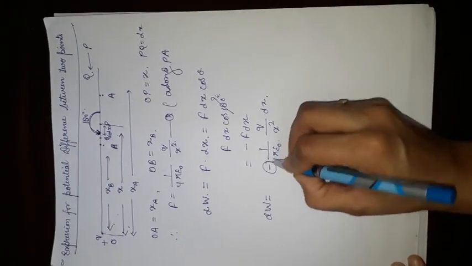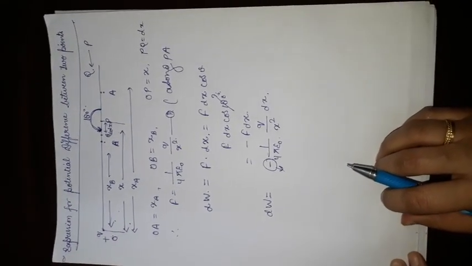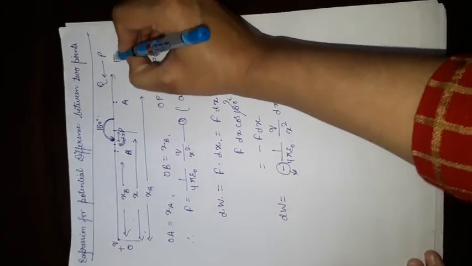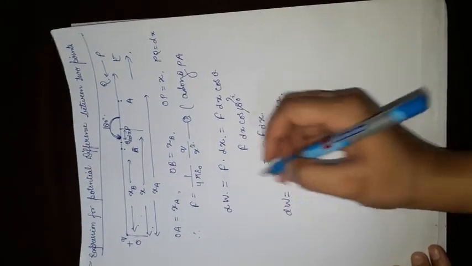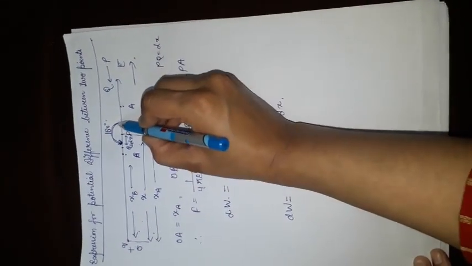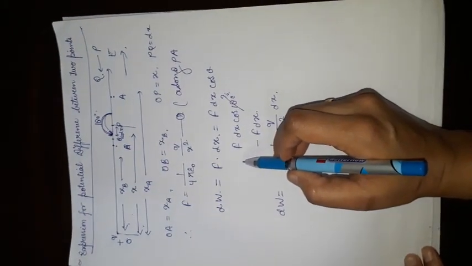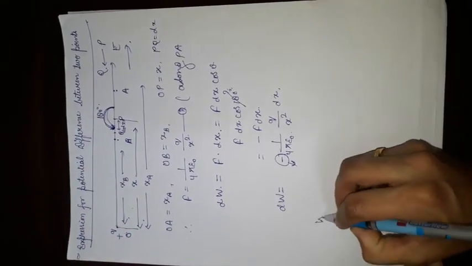Here the negative sign shows that the test charge is displaced in a direction opposite to the direction of the electric field. The direction of force will be this, but the charge is moved from P to Q, opposite to the force acting on it. So total work done will be,